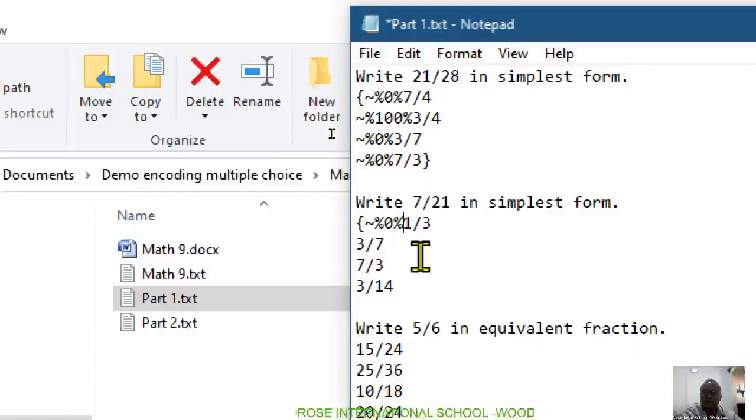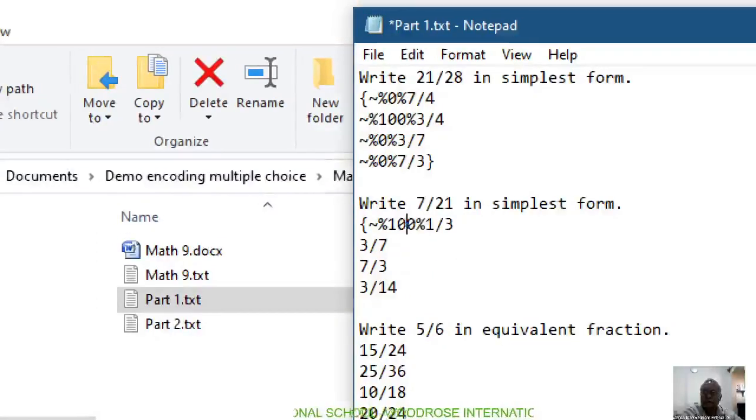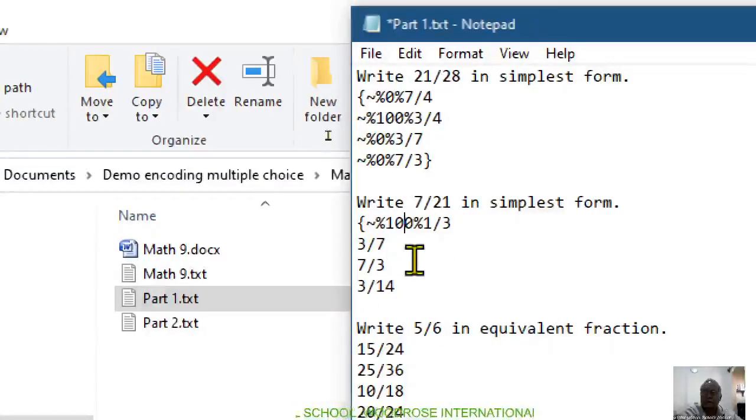Now, if this one is your answer, this 1/3 is your answer here, place your cursor here and then type 100. So you have 100 there. Now, these 3 are not the correct answers. So you just paste